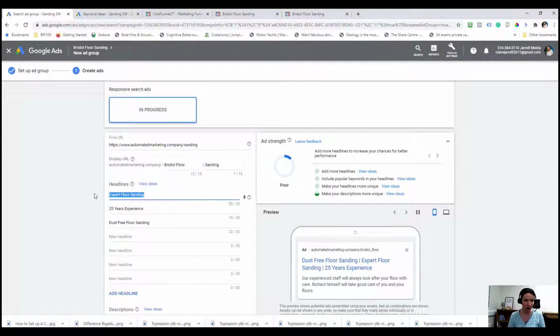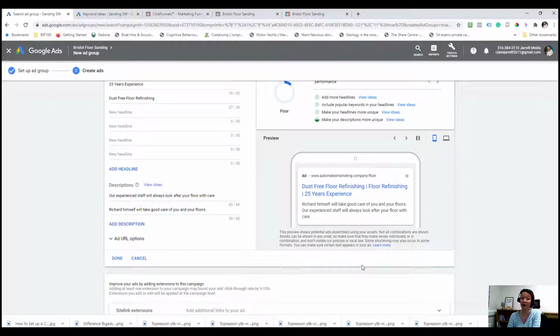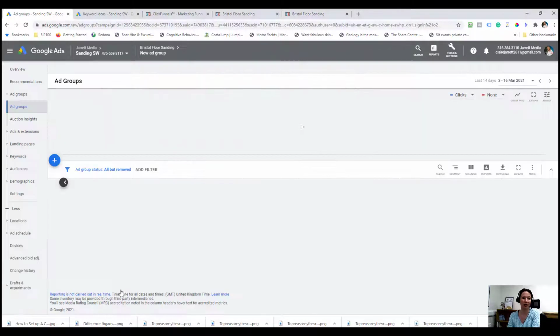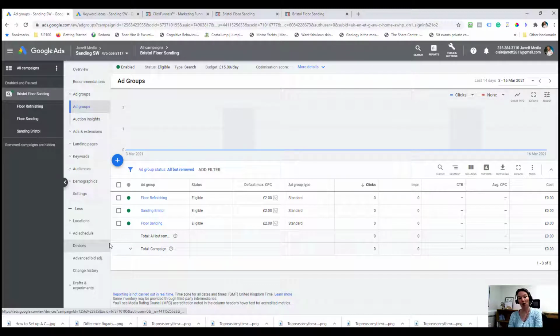And we're then going to change the headlines slightly. So floor refinishing. Let's make this ad be all about floor refinishing instead. And you can see the preview showing up that actually this ad is now going to be a refinishing ad instead. Save and continue, etc. And what we would then have is a handful of groups set up with very, very focused targets, because the